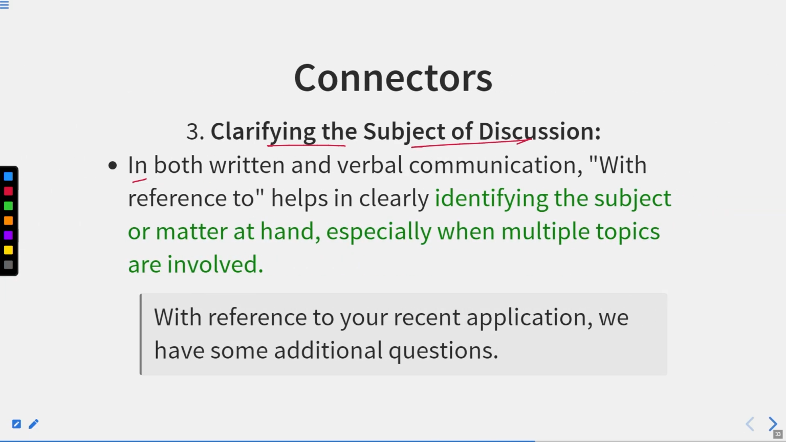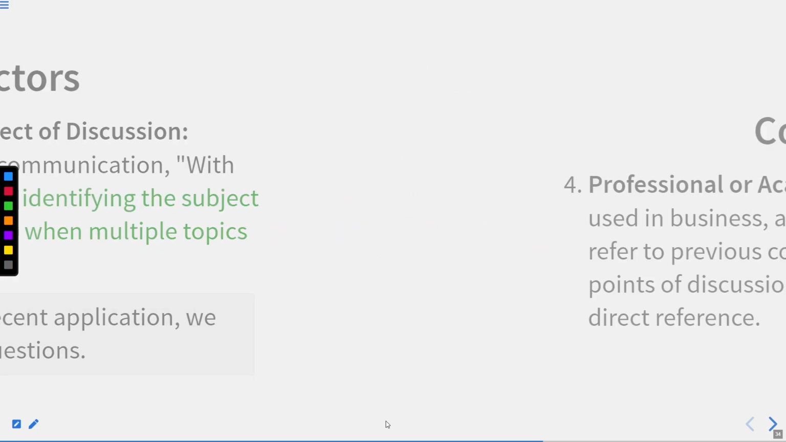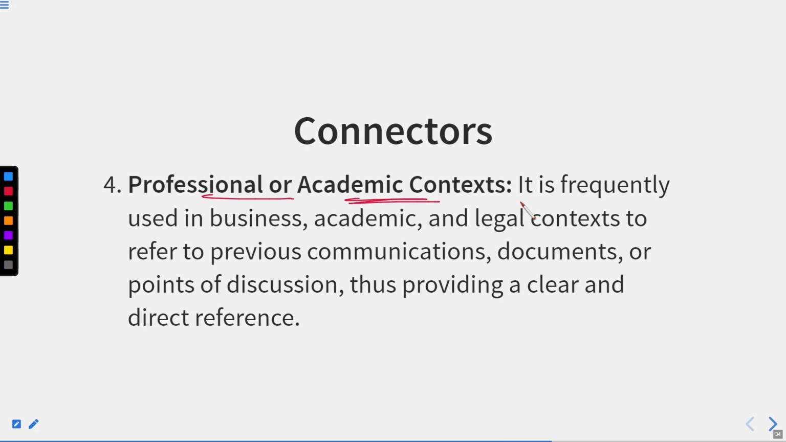Clarifying the subject of discussion in both written and verbal communication. With reference to helps in clearly identifying the subject or matter at hand, especially when multiple topics are involved. So it is similar to regarding. With reference to your recent application, we have some additional questions. Professional or academic contexts. It is frequently used in business, academic, and legal contexts. Legal contexts are very important over here